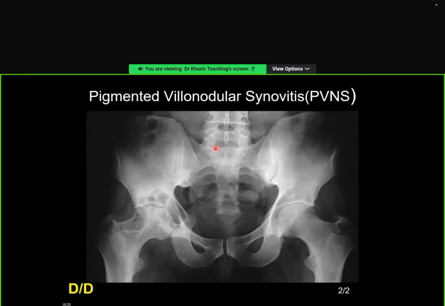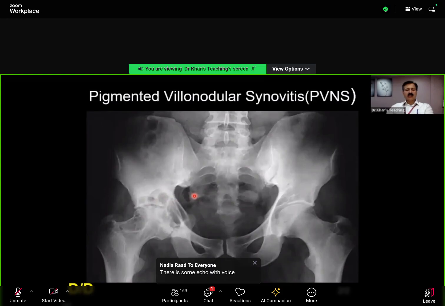When there is intraosseous extension, it can cause this kind of finding. And number 2, if there is no osseous extension, another point to remember is that it will have hemorrhage inside, and this hemorrhage will be